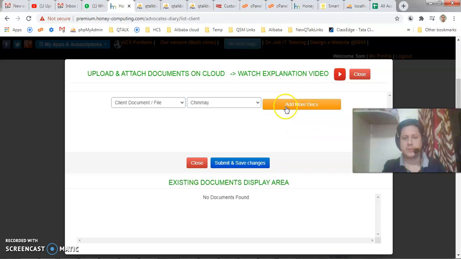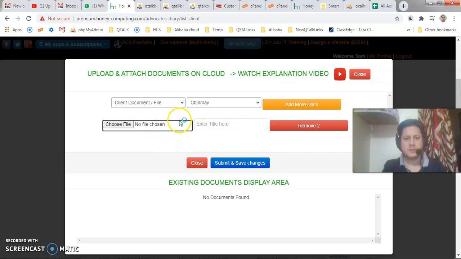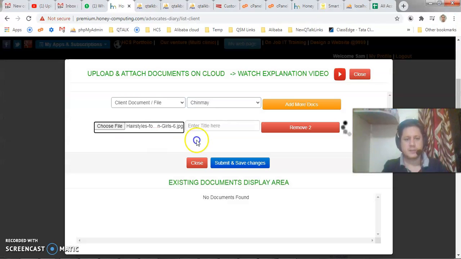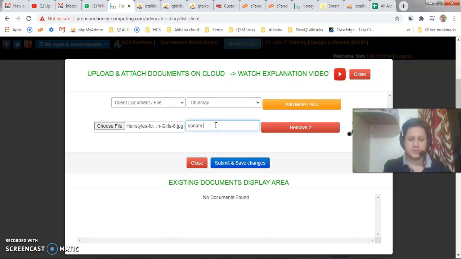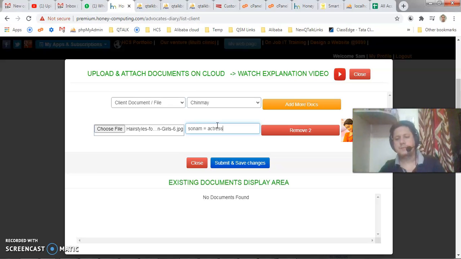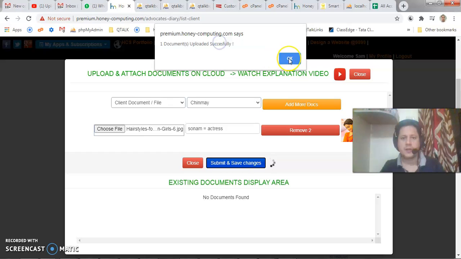Okay, some problem. Let me remove and add one more time. This is Sonam, actress. Okay, now it is saving. It says one document uploaded, and look, I have saved it for client Chinmay.